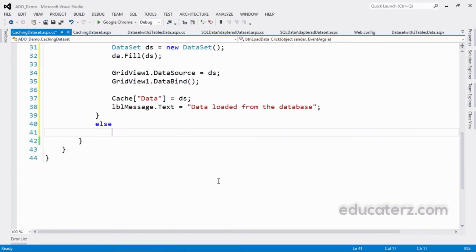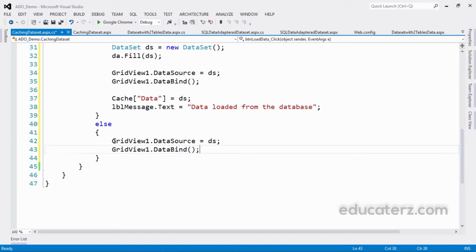Else, if data cache is not null, then instead of connecting to the database, I can fetch it directly from the data cache. So here I'm not going to get that data set or something else. What I'm going to set is the data.